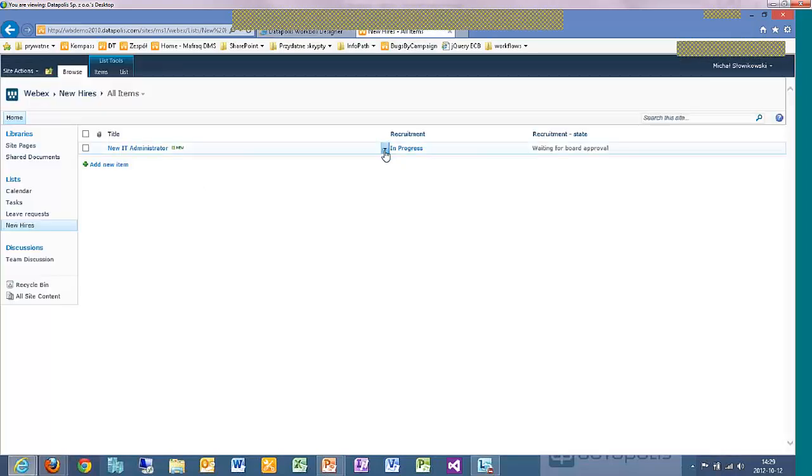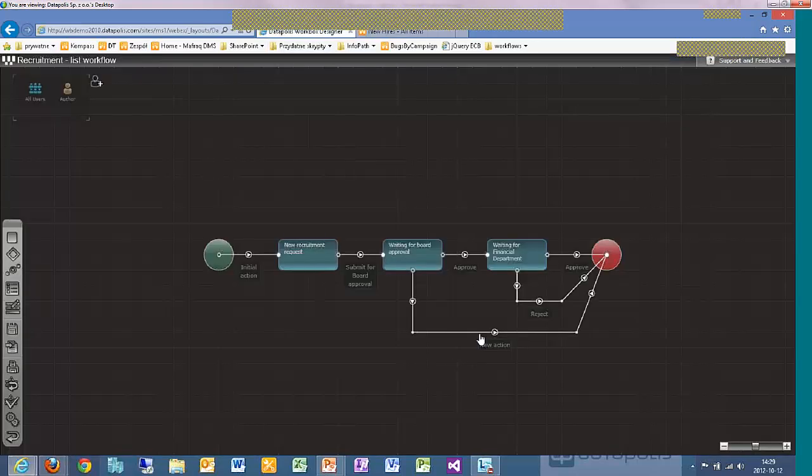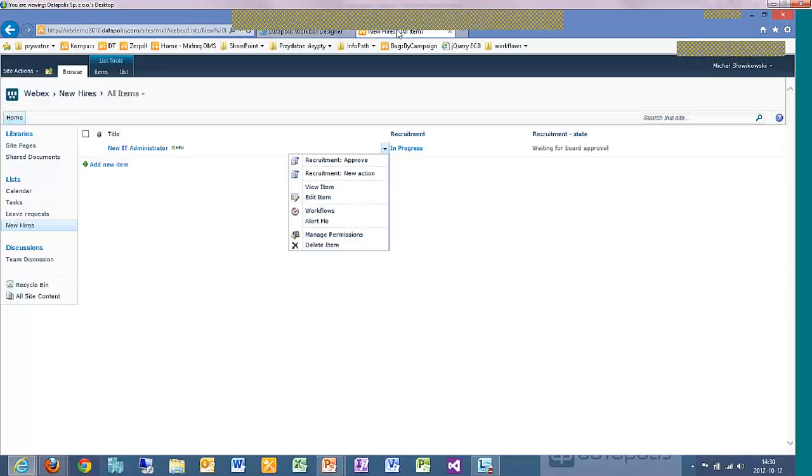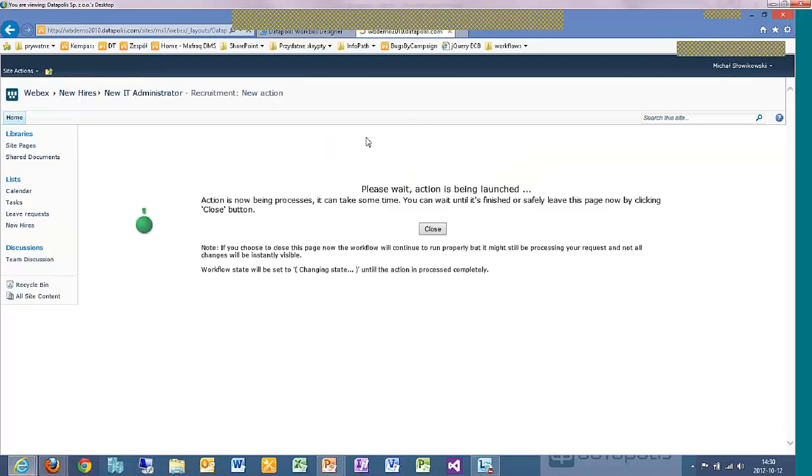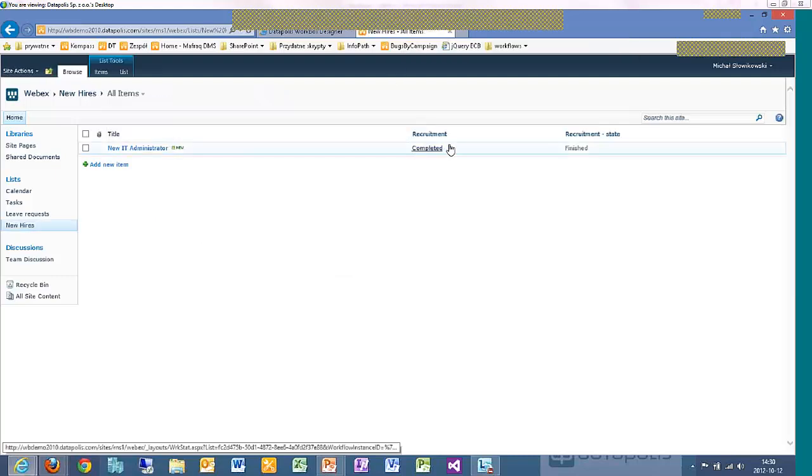So now I can, for example, I didn't rename it and still have the new action, so I can use the new action to finish the workflow. We should be finished. And yes, it's completed and in the state finished. So